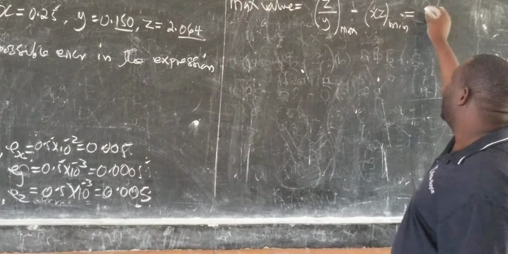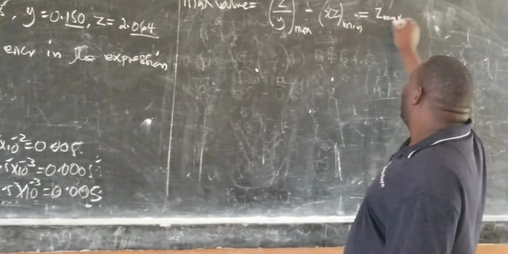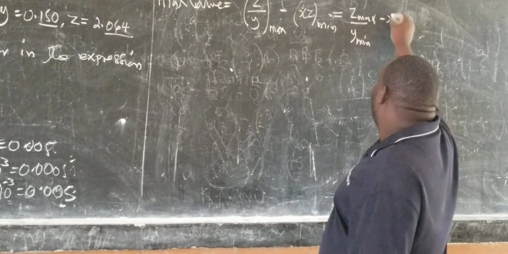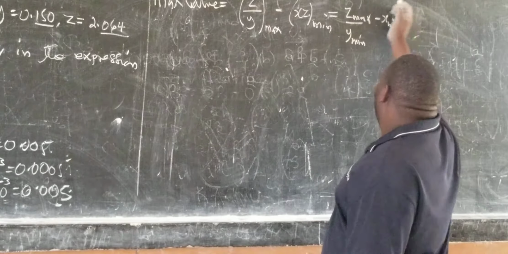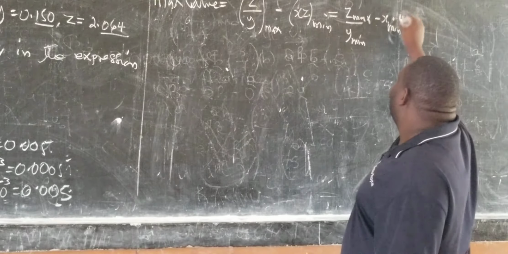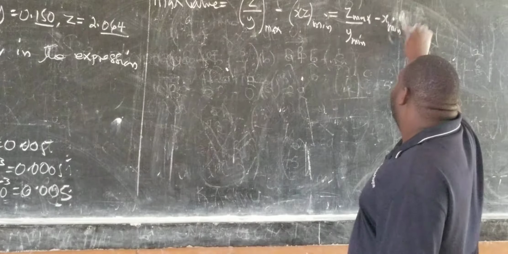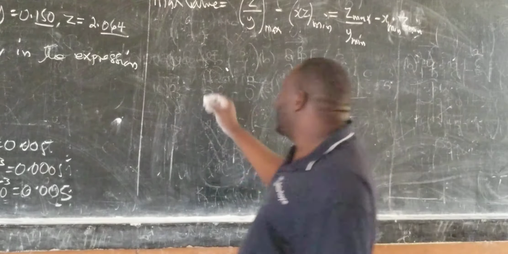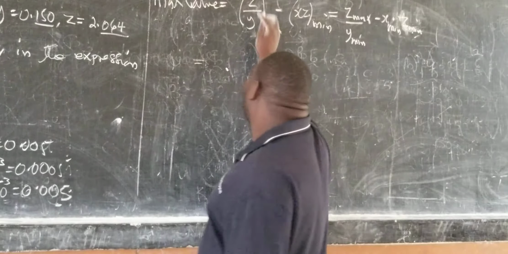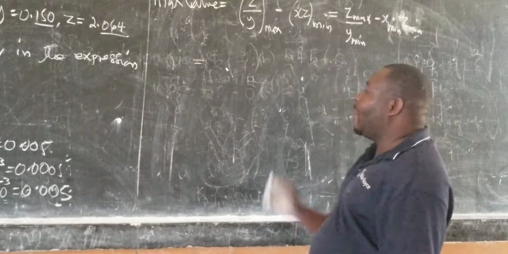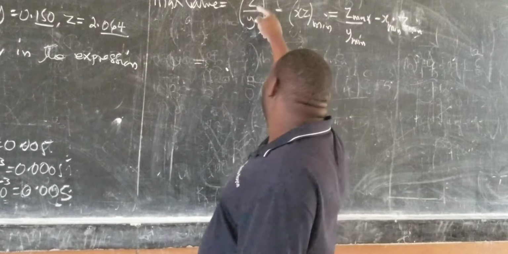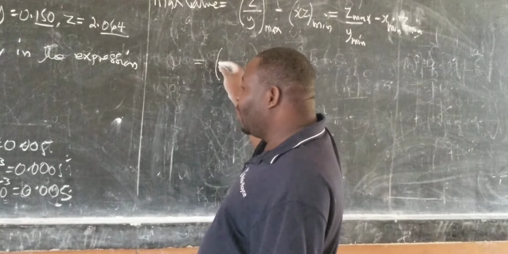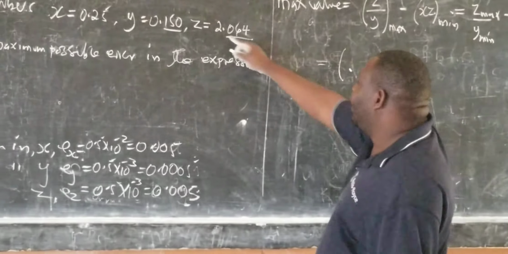So this one here will be now z maximum over y minimum, minus x minimum times y times z minimum. That's how you minimize. So the maximum value here, you make this term maximum, and what you're taking away minimum. So you get, how do you maximize z? You make z maximum, you get the z plus its error, and that one will be the z, it is